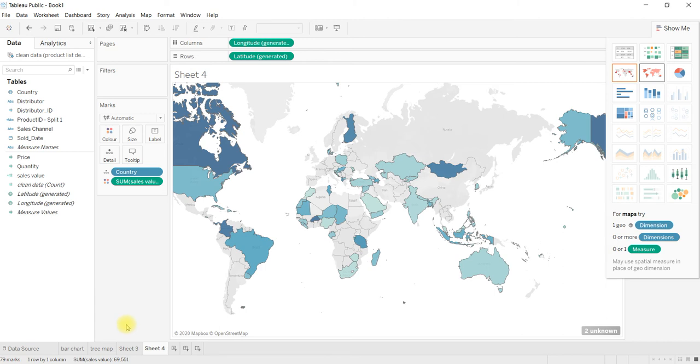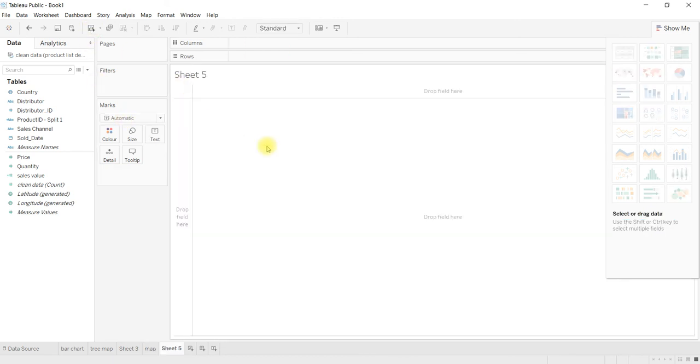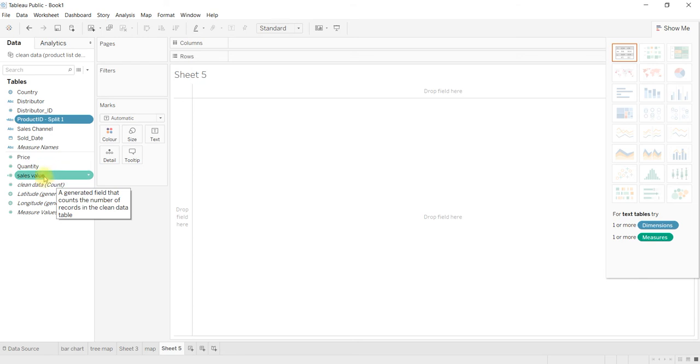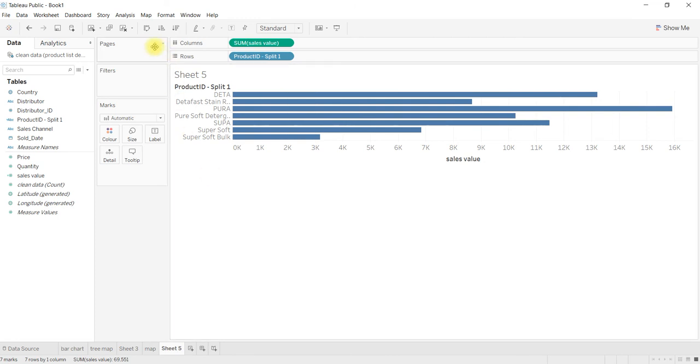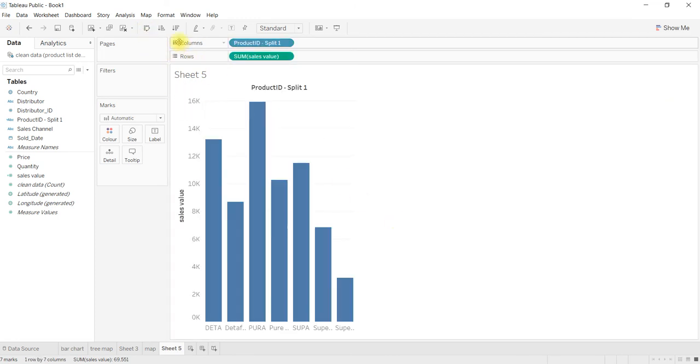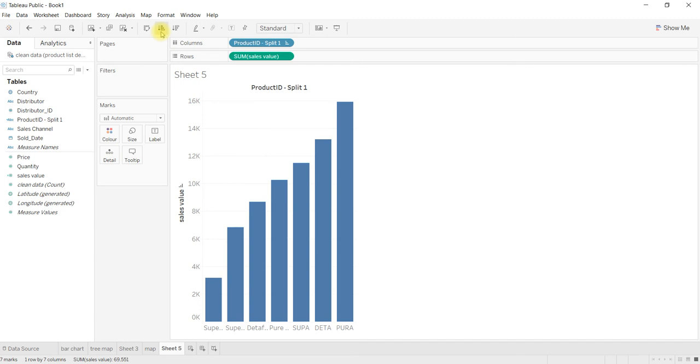Similarly, we will create one more thing. Here we will rename this sheet as Map. We'll create one more visual. Here we will create a bar chart on a Product ID basis. Hold Control and select like this, and you can insert a chart also. Here we inserted a chart. Then I will reverse it, so we take it in one particular pattern.